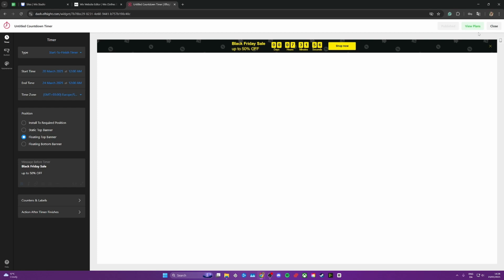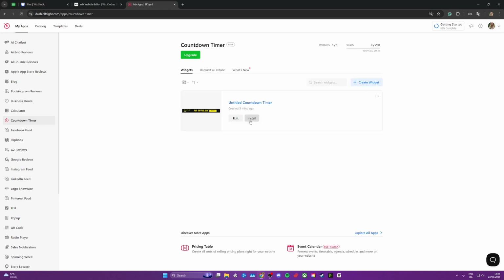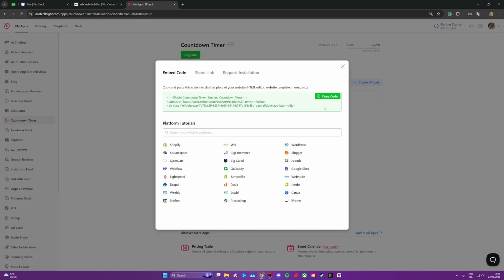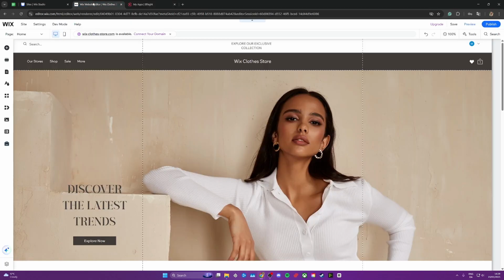Go ahead and click on the publish button, and from there you should enter a page where you can select a plan. Go ahead and select the $0 a month plan that should be on the left hand side around here, and from there you should end up on a page that looks something like this. And now you can go ahead and click copy code and go back to Wix where you can start adding